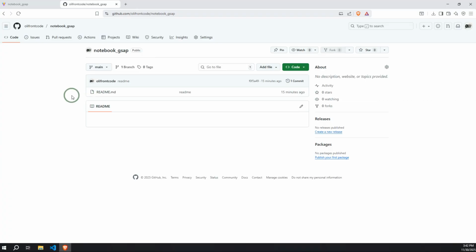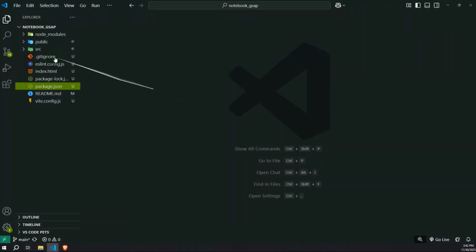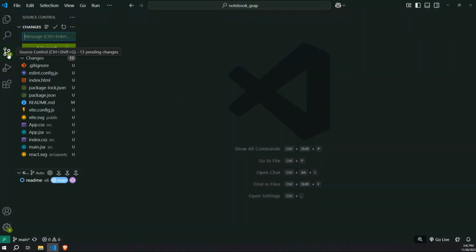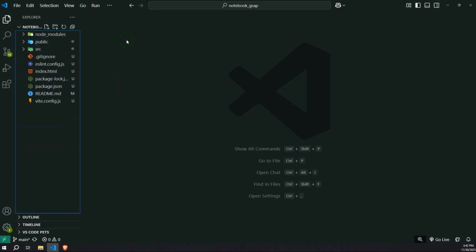That was cute. I like that project, but from now on we are working on this project. Make sure you connect your project to the GitHub account you are pushing, because you need to commit and also